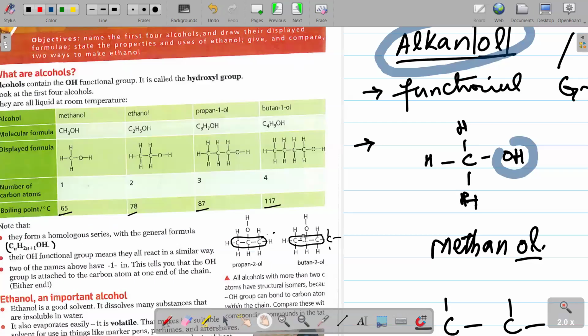Why 1-ol? Because you can see the numbering starts at the carbon atom where the OH group is attached. So 1, 2, 3, and 4. So that's why its name is butan-1-ol. So the numbering starts from where the hydroxyl is located nearest. Yes, exactly. And remember one thing, we will not use the word hydroxide